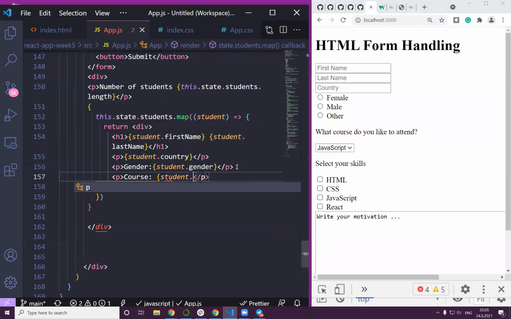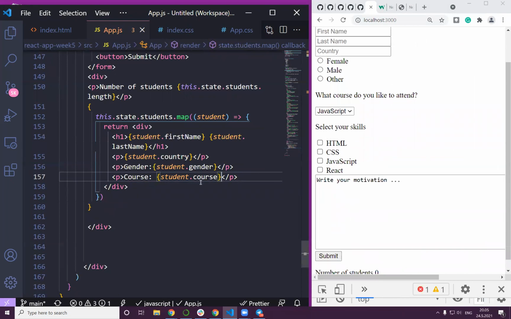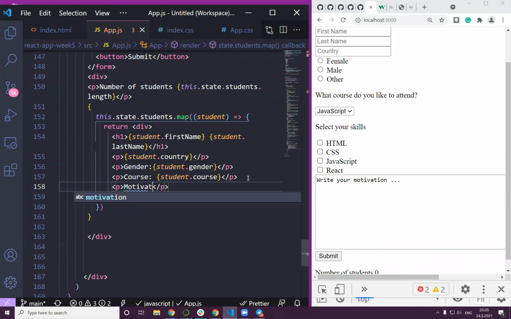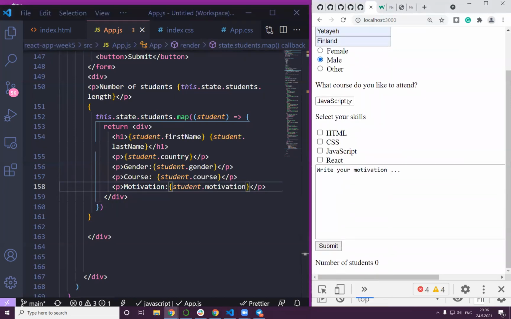student dot course. This is what we have been doing, right? So it's familiar to you. Then course. Then I think, what's this person's motivation? Let's see. His motivation. Student dot motivation. Okay, great. Now I may start with my name, and it's a male, and React I want, but as you